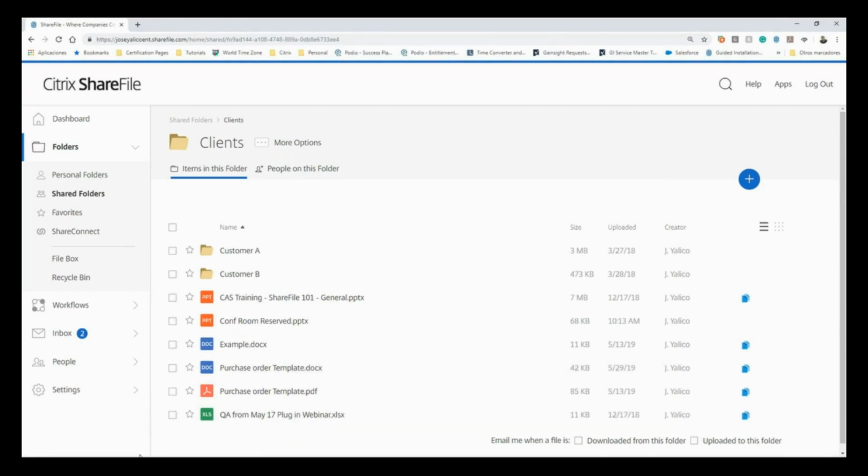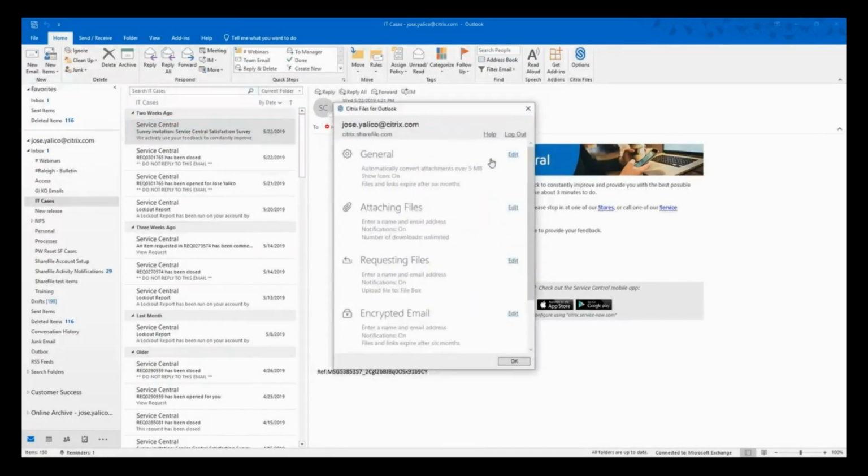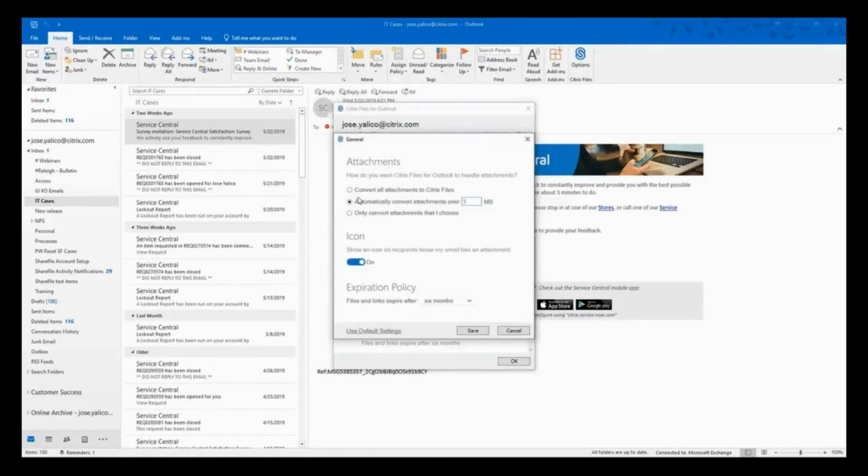In order for me to work on that, I'm going to show you my Microsoft Outlook here. You're going to notice that this application is installed on your Outlook because you will have this blue options button over here, where you can control how you want this plugin to behave with your Outlook. If I click there, I will be able to change the general settings, which will allow me to see